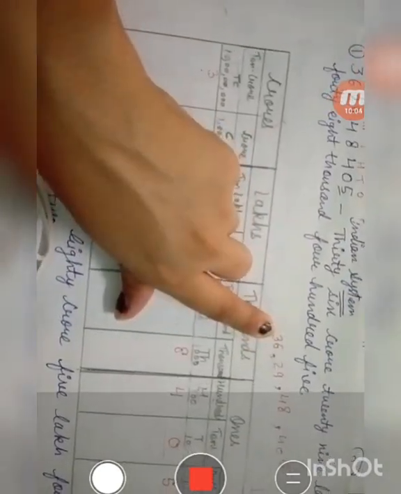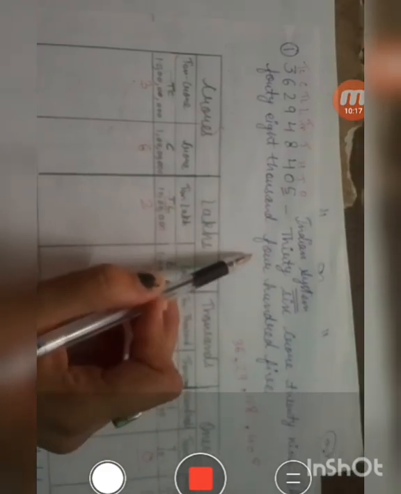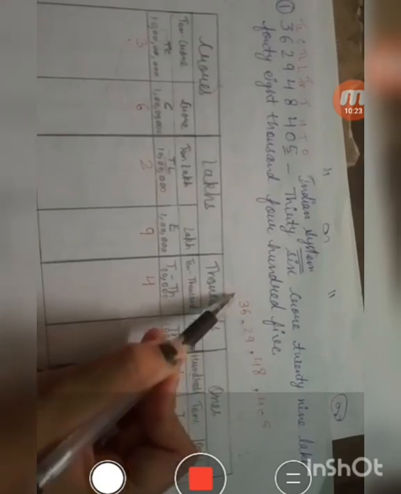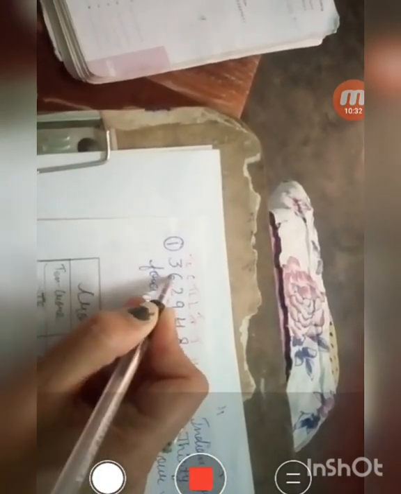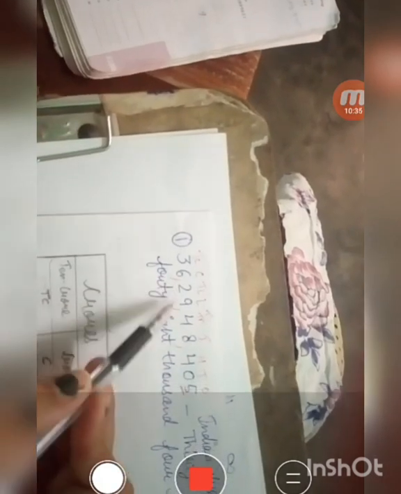This is how we have to put commas in the Indian system, according to the Indian system. So you should know how to put commas and how to write in words. This is how I have written in words, and this is my value written with commas. Ones, tens, hundred, thousand, 10,000, lakh, 10 lakh, crore, 10 crore. See, 1, 2, 3. Here are only 3 commas which I have used. It will be more clear to you now.